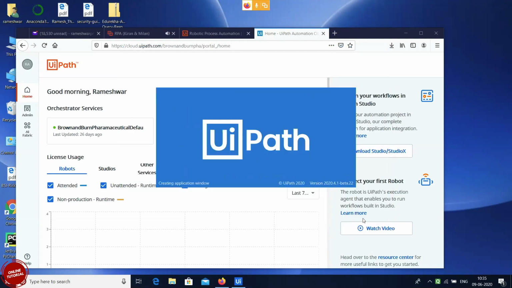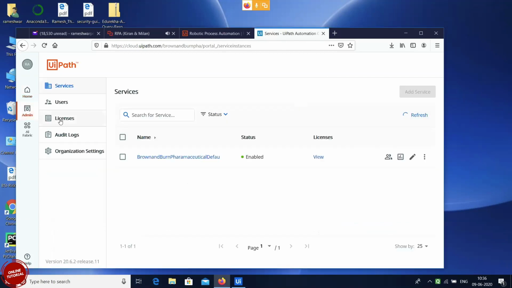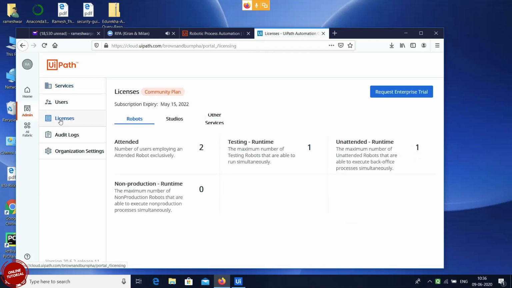See here, if you go to admin in your Orchestrator screen, the back-side screen, you click on admin. There you have something called license. It will be till 2022. They usually give it for 2 years, and you can further extend it also. So there's no need to worry about the licensing part here.